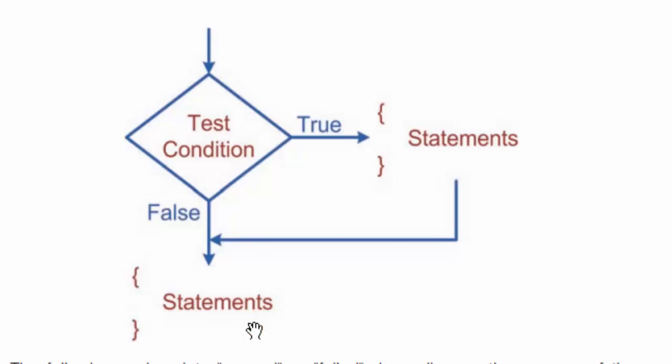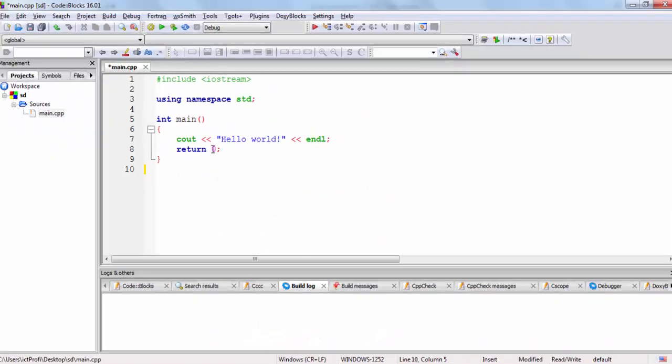Okay, so after that I would like to show you the program in C++. How does the if condition work? First I'm going to introduce a variable. I'll call this average, and I will ask the average from the user. And after that I'm going to write the condition if